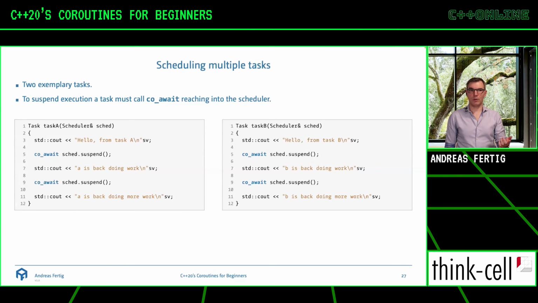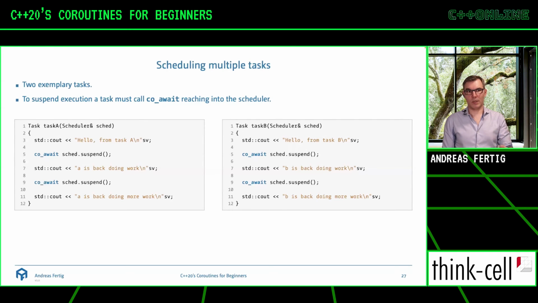The one says always I'm task A and the other one says task B. So nothing special there. The two tasks return a task object because we can see a co_await inside this function. We know it's a coroutine. We know task contains a promise type. They both get the scheduler passed by reference, and they print out a value with cout, and then they're co_awaiting